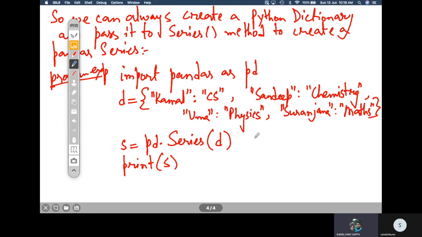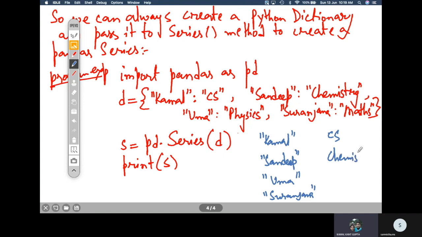So what you said is that here, sir, Kamal, and then Sandeep, and then Uma, and then Suranjana will be coming as indexes, and the values will be CS, chemistry, physics, and maths.